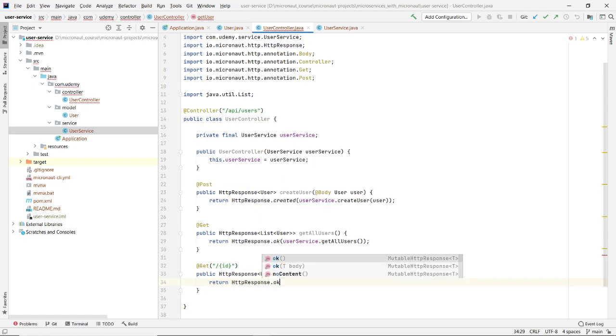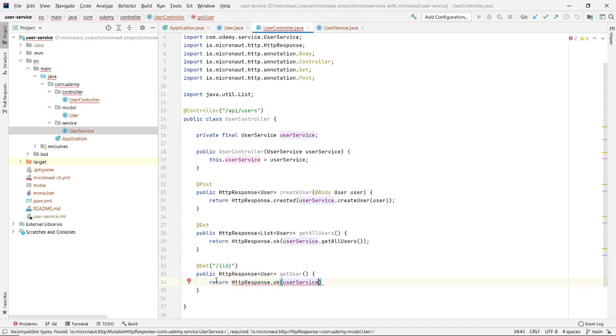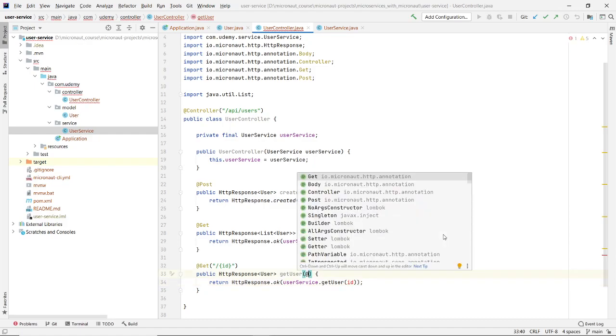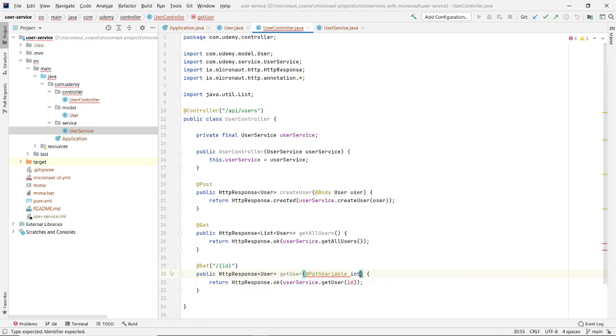So HTTP response dot OK, and in that we will call get user passing the ID, and for that we will have to use path variable annotation int ID.